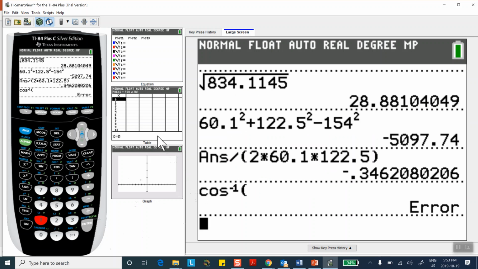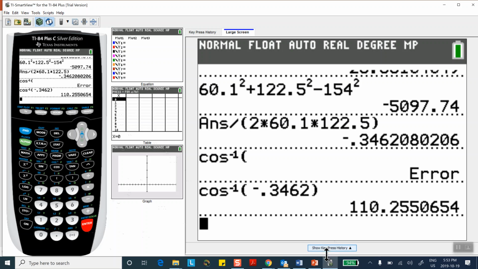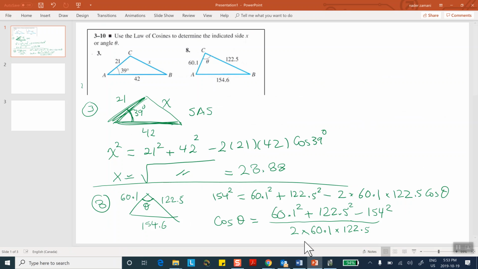Okay, let's try it again. Inverse cosine of negative 0.3462. Now, obviously this is going to come up with an angle bigger than 90 degrees. We can see that 110 degrees, and what that means is that this angle here